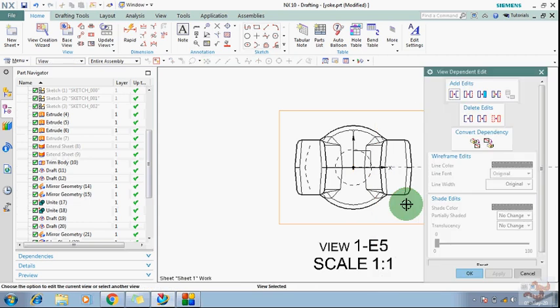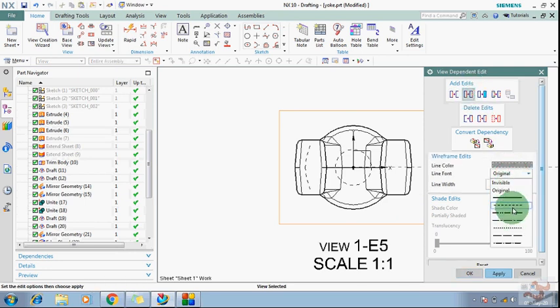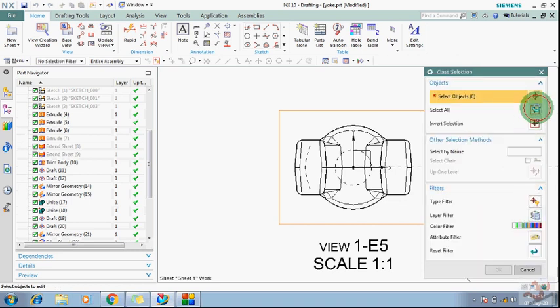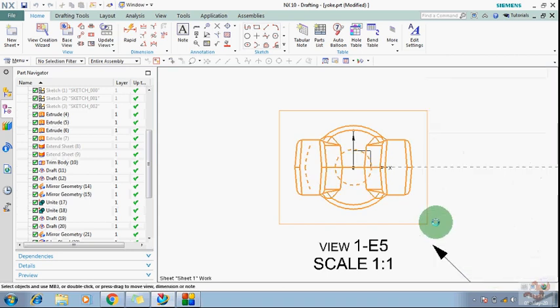Otherwise, suppose that you are unable to get these lines like that, then just click entire object and select here dashed. Okay, after that click apply, go to the okay, don't need to filter, just select all and click OK.